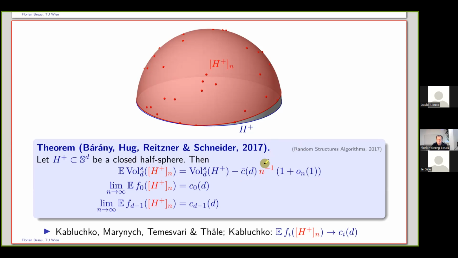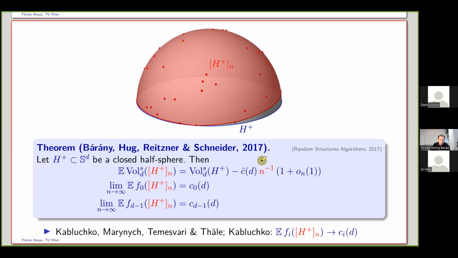Even for polytopes, we had 1 over n times some logarithmic factor. So this is still faster. And this is remarkable. So we have here a sort of non-Euclidean spherical convex set, the closed half sphere,